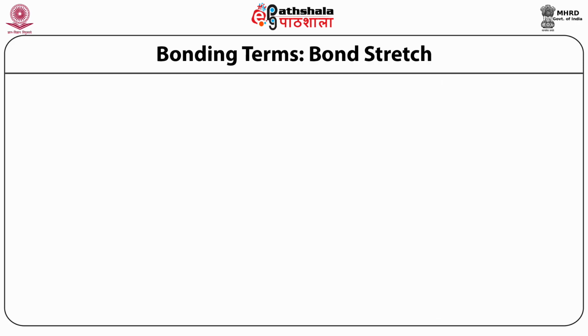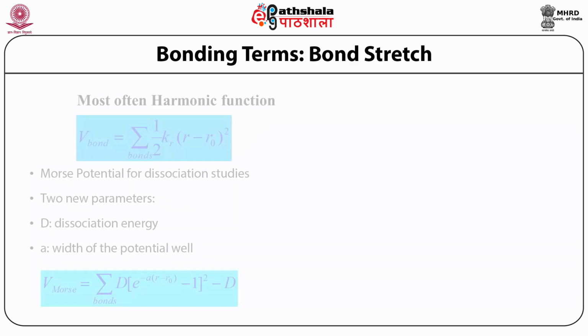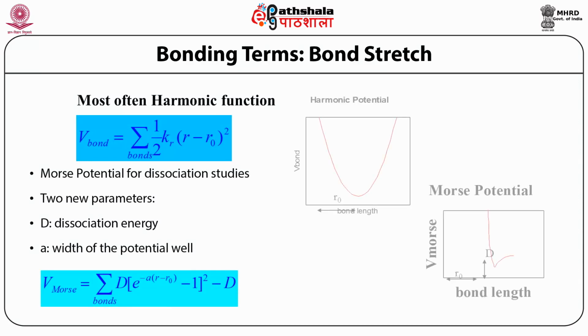We come to the point of bonding terms and bonding states. Each of these potential functions will be described by how it behaves in a plot. Here on the left hand side is the function and on the right hand side is a plot if you use this function. As you see, the deviation from the lowest energy point, that is, if it isn't exactly as it should be in the crystal structure, the more it deviates, the more it produces positive energies.